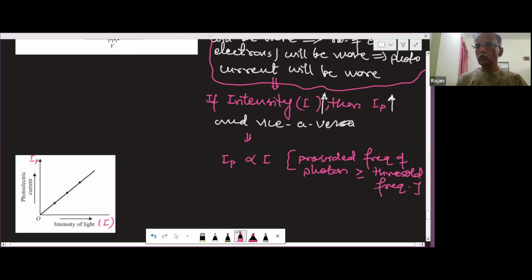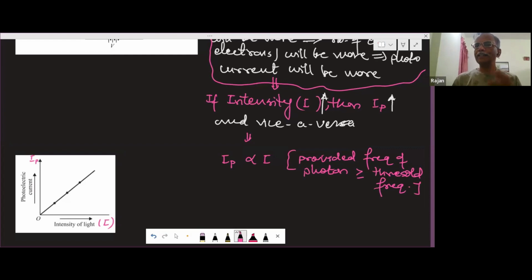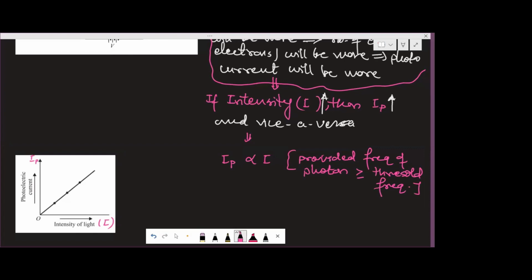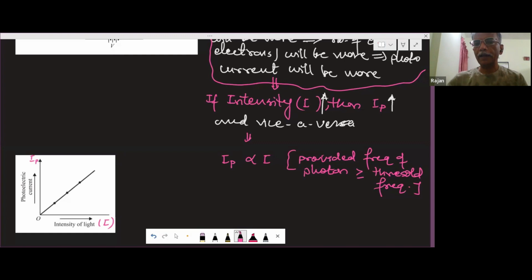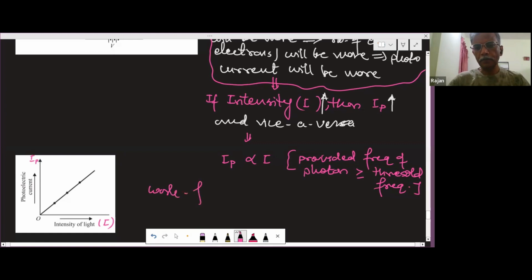So corresponding to the threshold frequency, whatever energy the photon has is just able to liberate the electron, and that energy, which is absorbed by the electron so that it is able to come out, is known as the work function. We had seen that earlier in the last class. What was that, if you recall? The minimum energy required to just liberate the electron out of the surface of the substance. Then what was the value, do you recall? Once again we'll quickly see. Work function was denoted by small w0 or